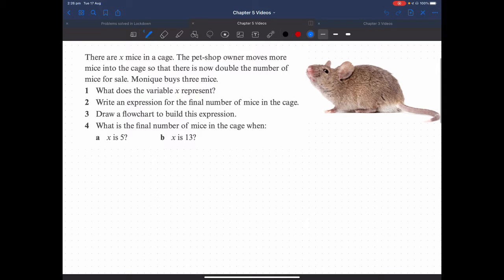In this video, we're looking at solving equations using backtracking. In this question, we're given some information. I'm going to break down the information for you. The first sentence says,